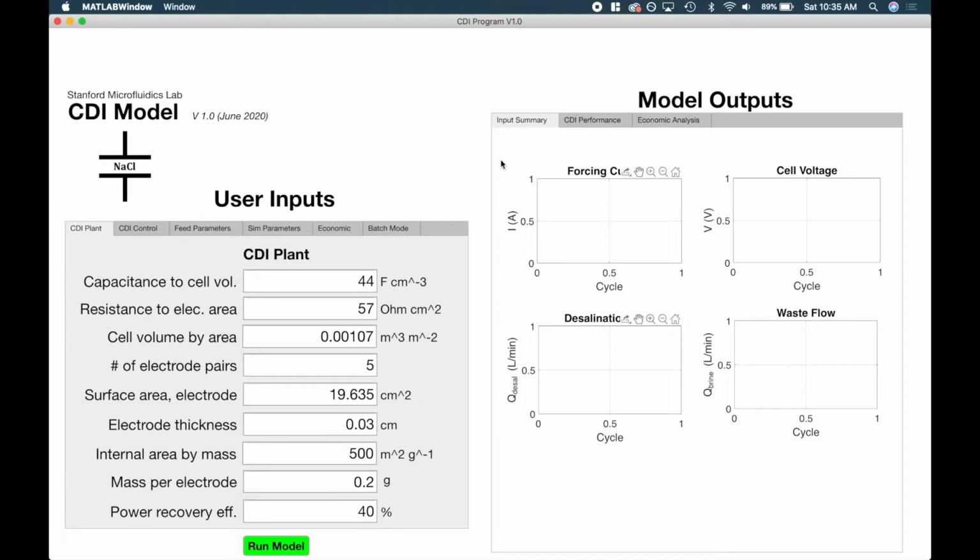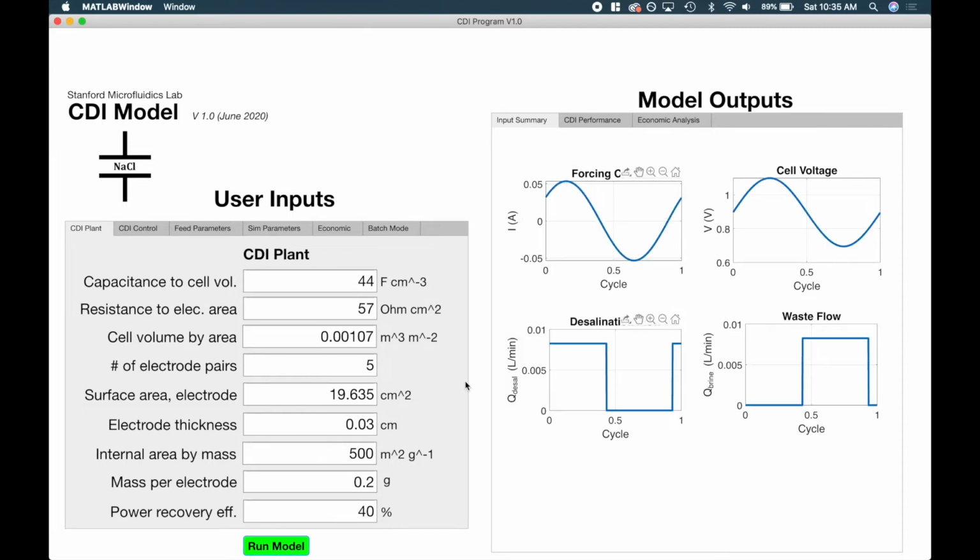Now, it's worth noting that the parameters that have already been preloaded by default into these fields actually do specify a physically valid CDI plant that we have measured previously in our lab. So, just to make sure that the program is running correctly, what we can do before doing anything else is just going down to the green Run Model button in the bottom left and clicking Run Model. So we see that it has ran and that we're getting outputs in the Model Outputs tab, verifying that the